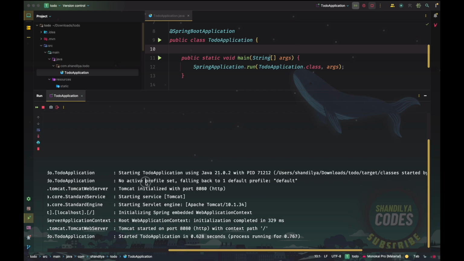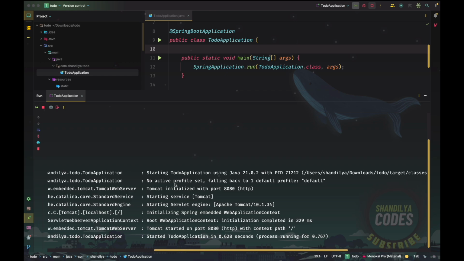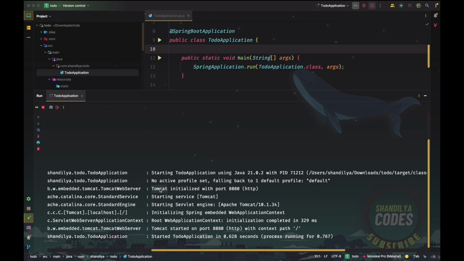Then there is no active profile which has been set. So what are Spring profiles? We'll come to this later. And then Tomcat is the embedded server, and it has been initialized on the port